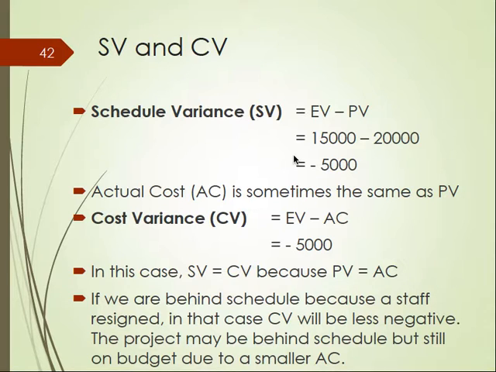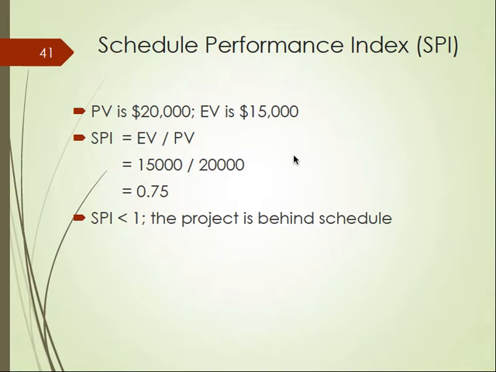If we want to compare two different projects, tell me which set of numbers should I use? Should I use SV, CV, or CPI, SPI? If I want to compare two projects of different size,